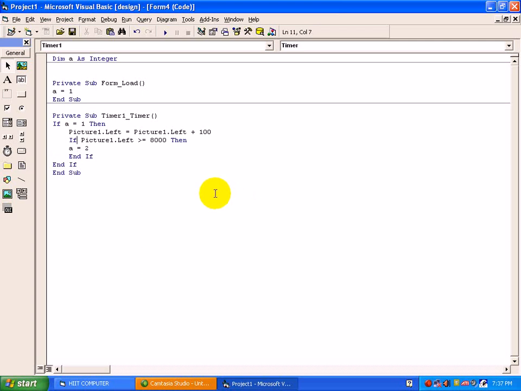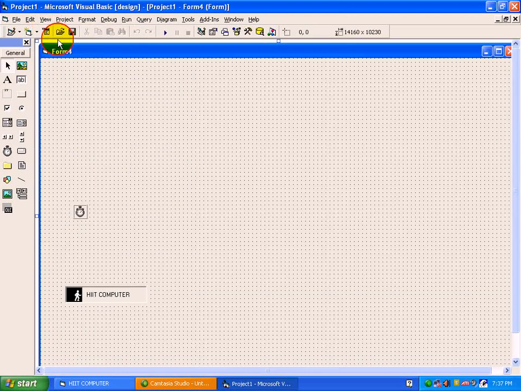So as we have purposely specified, if a equals 1, then only plus 100 should work. But when the picture reaches the 8000 position, then a equals 2. For 2, we have not written any condition, so it will stop on that position. See, move to view object. To test the program, just click on start.